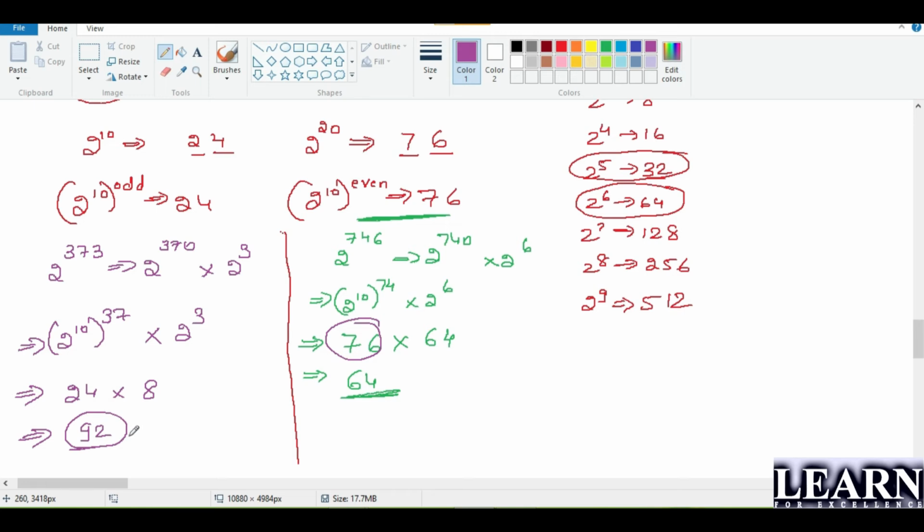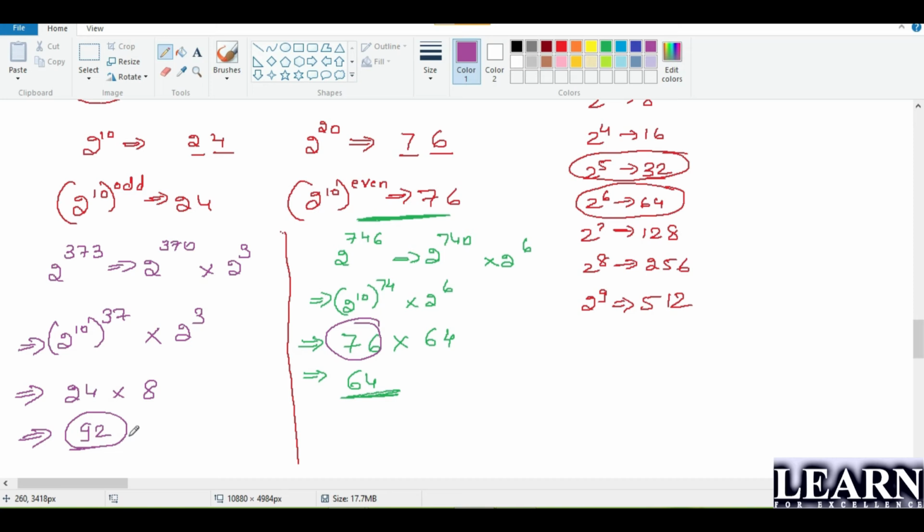Getting it? So whenever we multiply any two-digit number, that is 76, with any powers of 2, we'll get the actual number. And whenever we multiply 24 with any powers of 2, we'll not get the actual number, but we'll get the complement of the number with respect to 100. So if you multiply 8 to it, subtract 8 from 100. That is the answer. 24 into 8 is nothing but 100 minus 8, 92. 24 into 56 is nothing but 100 minus 56, that is 44. 24 into 12 is nothing but 88. 24 into 32 is nothing but 68. 24 into 16 is nothing but 84.